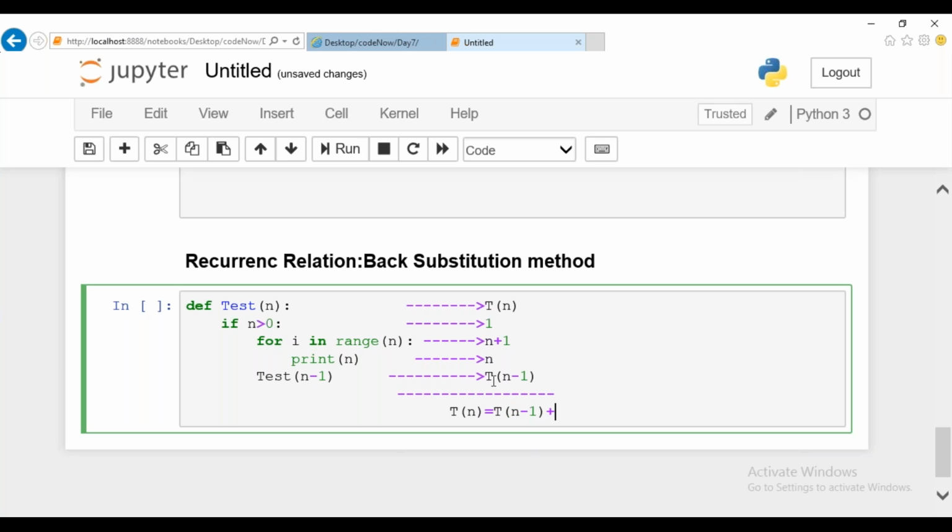Apart from this, what elements do we have here? We consider the innermost part, which is n, and this 1 is there. So n plus n becomes 2n, plus the values that are added, which is 2. Guys, is this clear? We are taking the summation of all these values here.